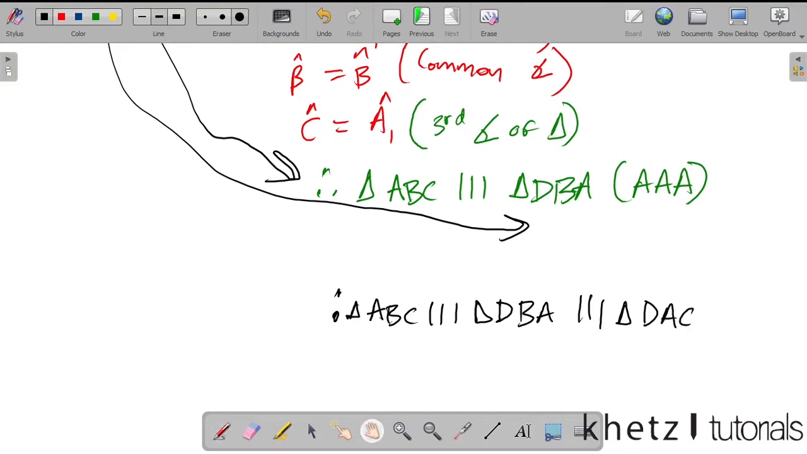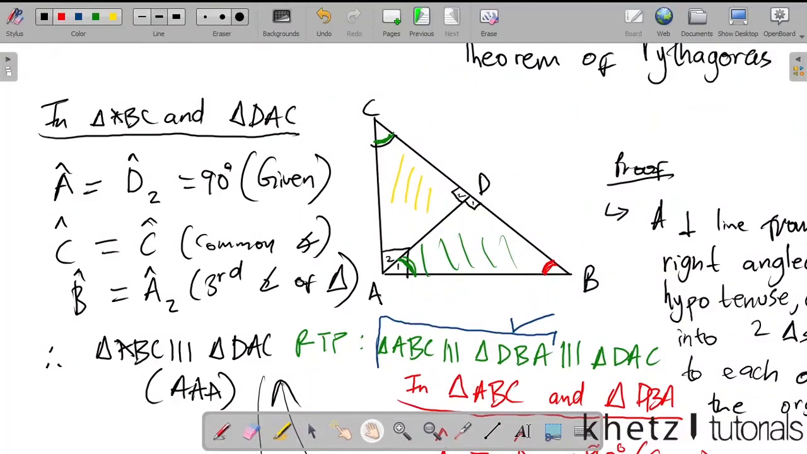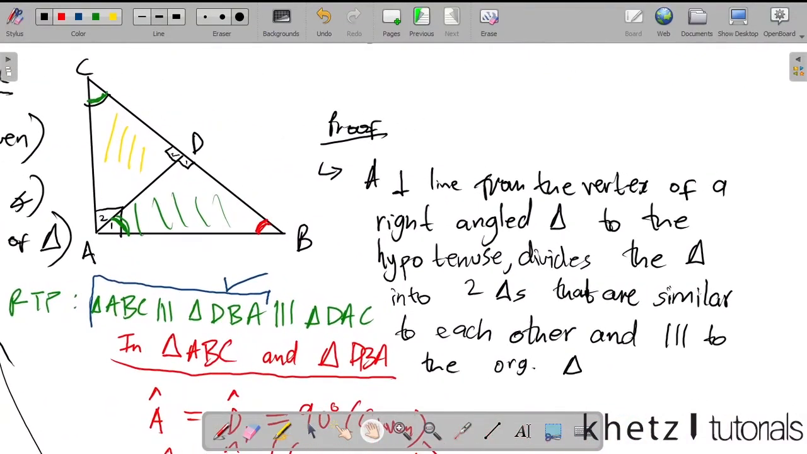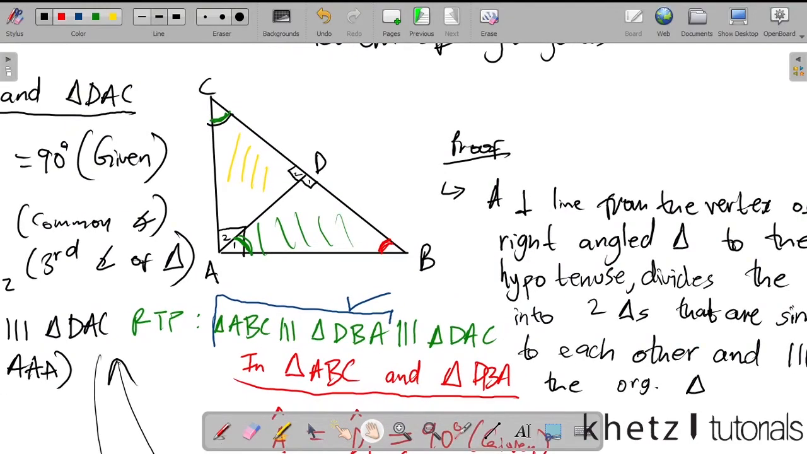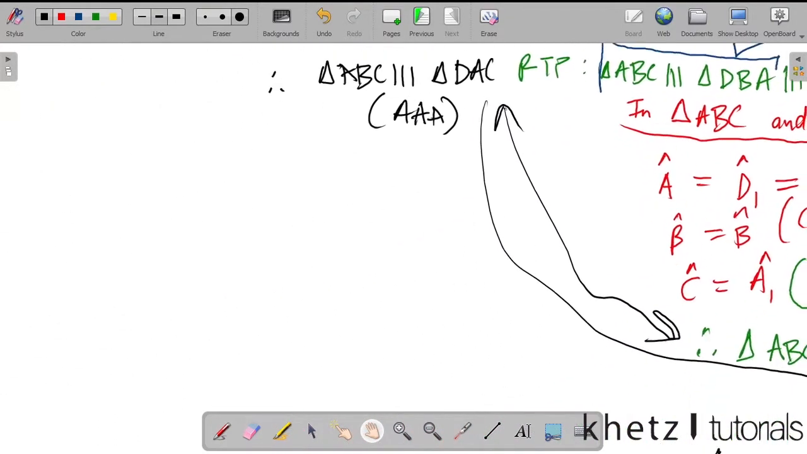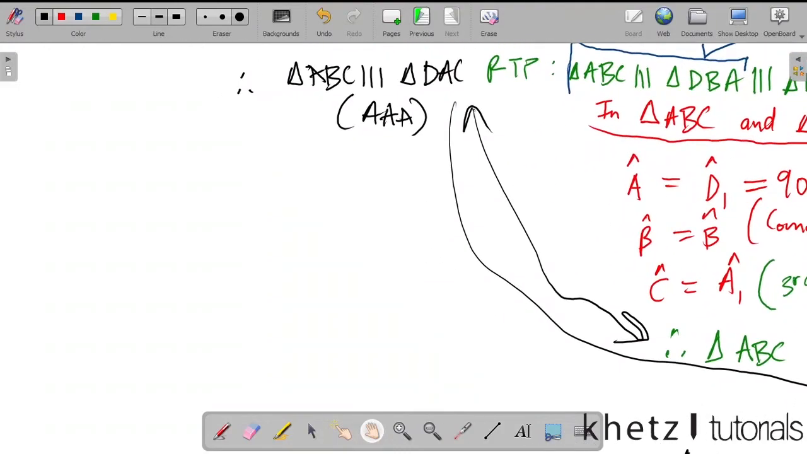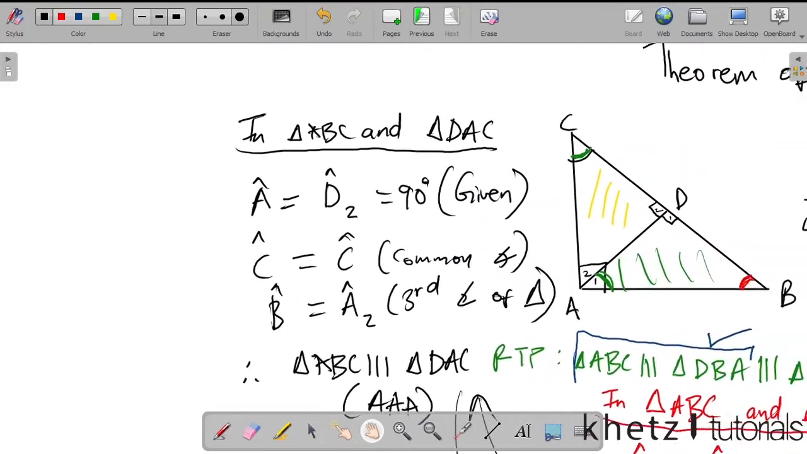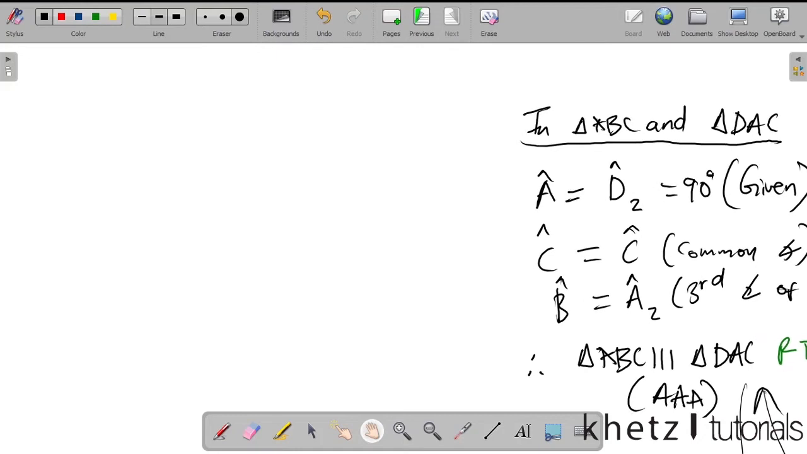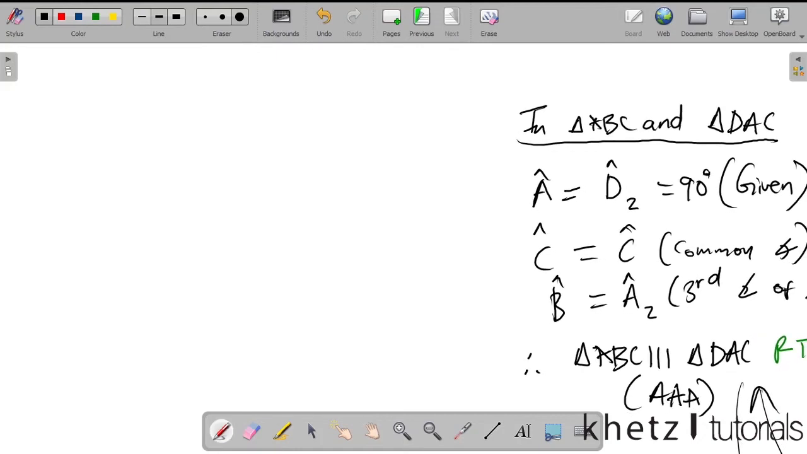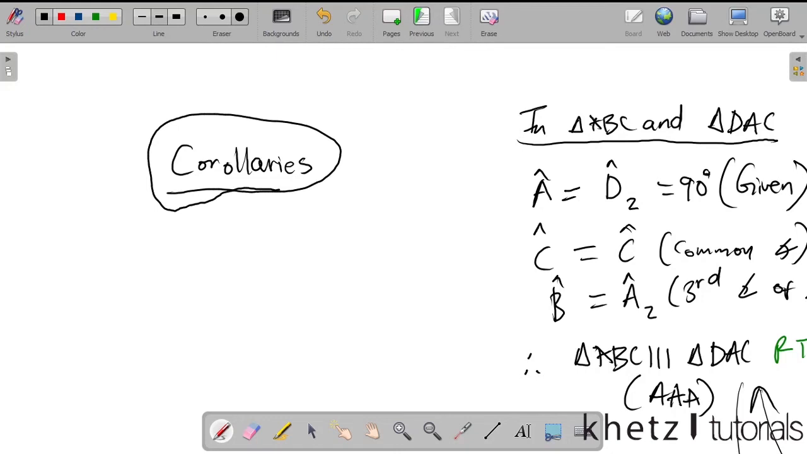Now that we've proven that these are actually similar, or we've actually proven this statement that says if you draw a line from the right angle to the hypotenuse, you have two triangles which are similar to each other and similar to the original triangle, we can actually have proportion out of that, because as you know, similarity is associated with proportion. And therefore, what follows from that is that we have corollaries,